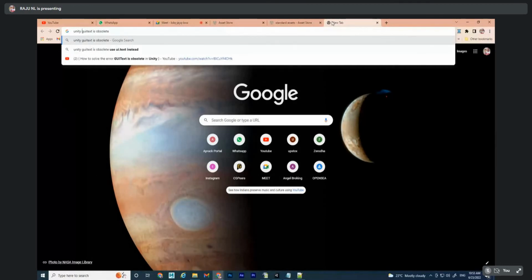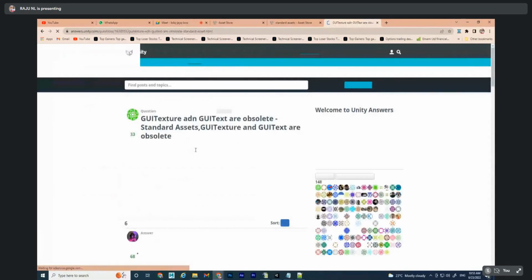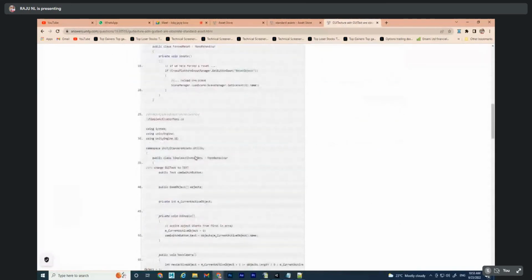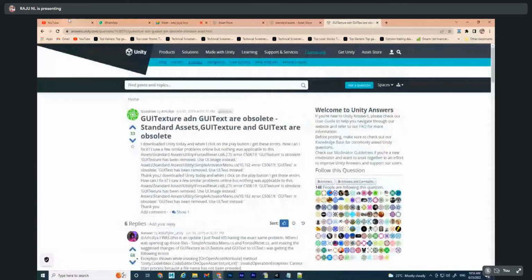Unity GUI text is obsolete. Okay, standard asset. This is step by step. They will tell you how to do that, step by step. This is one method. An even easier method is to go to YouTube,